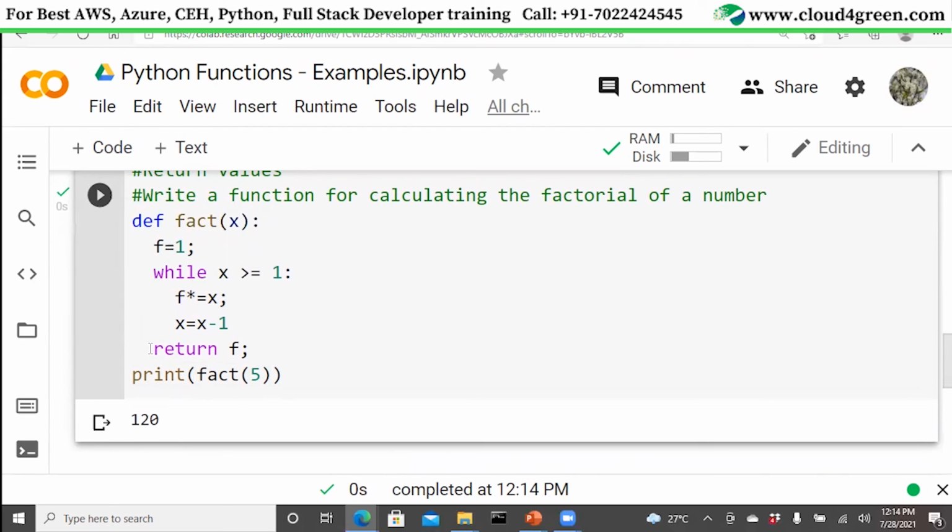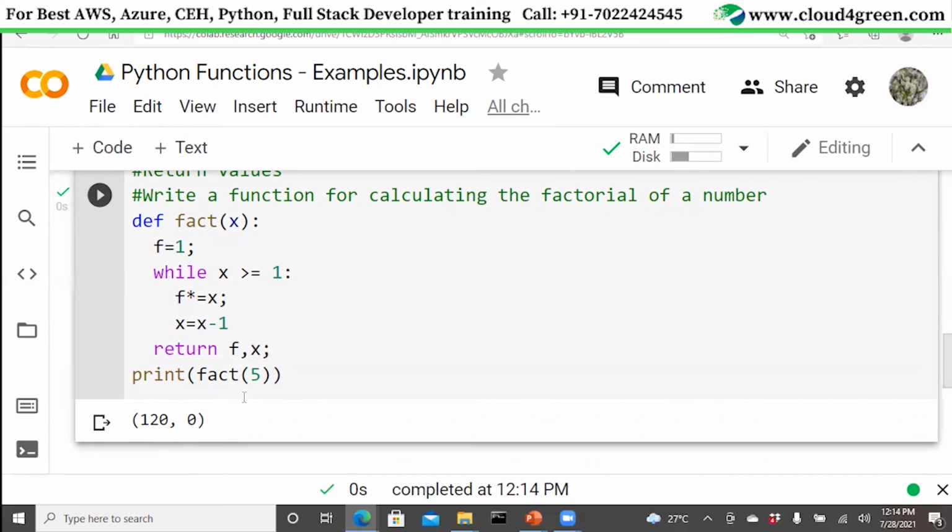So how do I return a value? I return a value using this return keyword and mention the value which needs to be returned back. Now, in Python, you can not only return one value, you can even return multiple values. Let's say I write f comma x. Now when I run the program, it's not only returning 120, it's returning the value of x also.